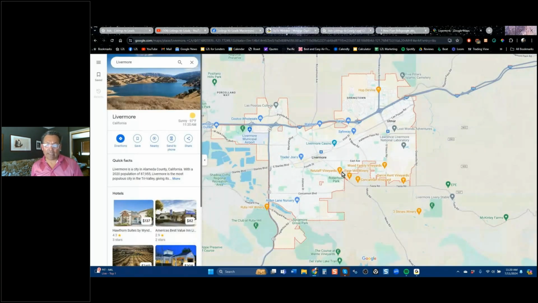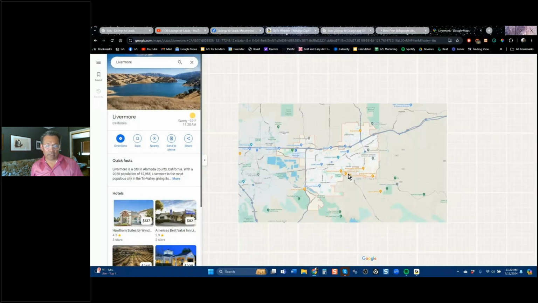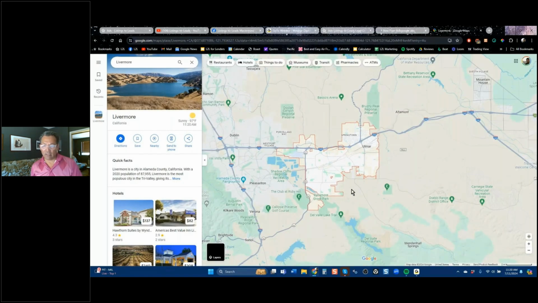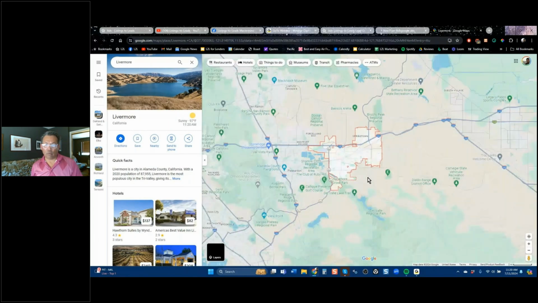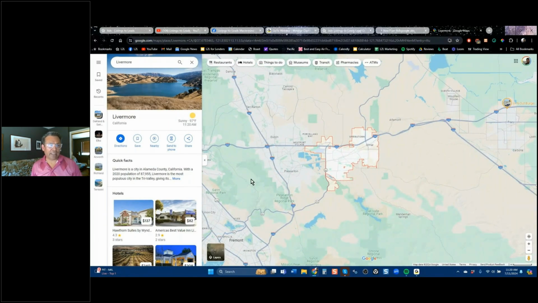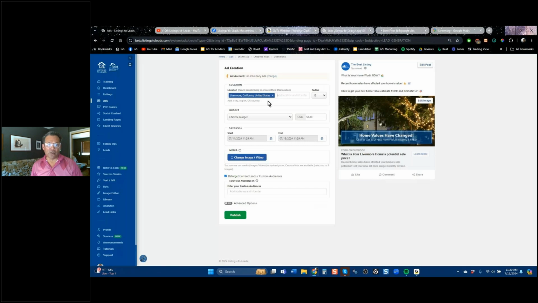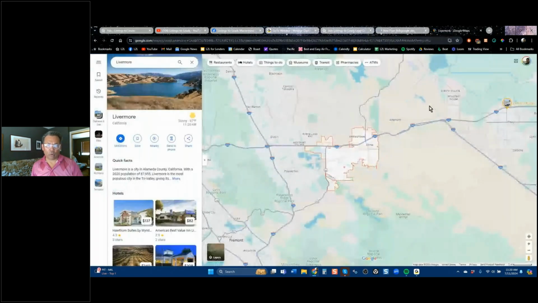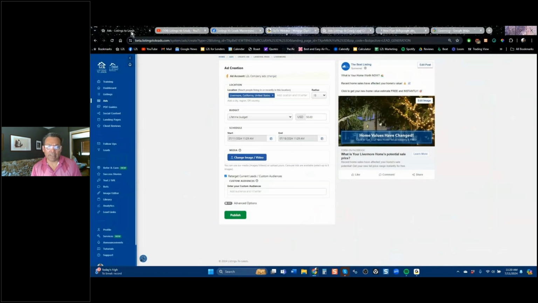But when we expand out, let me show you, here is a 15-mile radius. It's actually a little less than 15. So everything here, if I run an ad on Facebook, it's going to be a minimum 15-mile radius. That means that in this case, in Livermore, probably about 1 million people are going to see this ad that don't live in Livermore, right? And that can make that not work very well, all right?